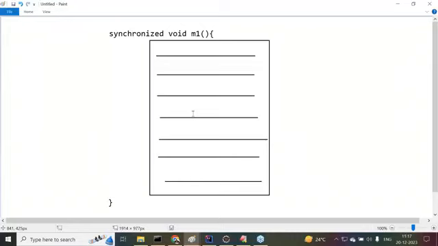So in this particular case, to improve the performance, we have to provide synchronization up to the required part. Don't provide synchronization throughout the method unnecessarily. Inside the method, whichever part really requires synchronization, provide synchronization up to that particular part. Don't provide synchronization throughout the method. Are all of you getting it or not?